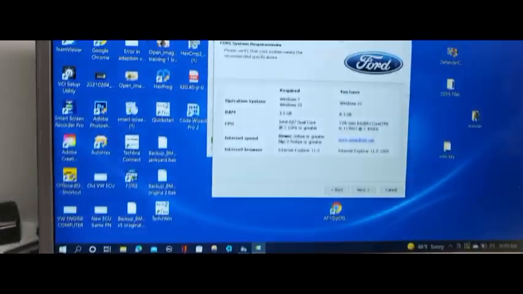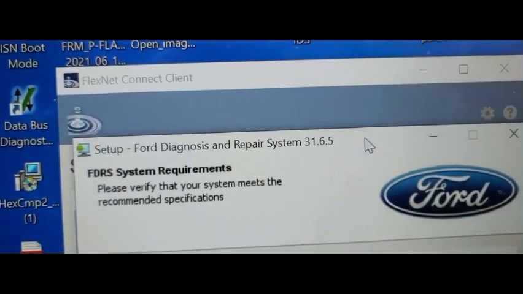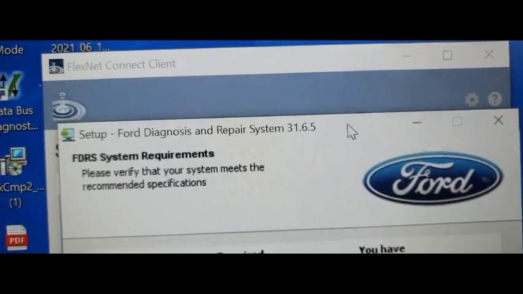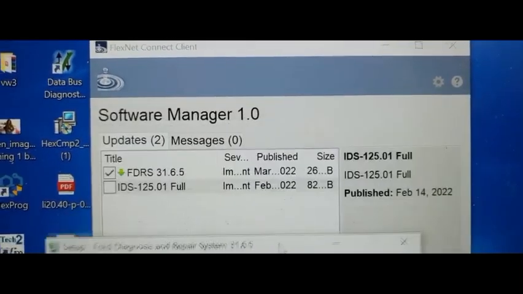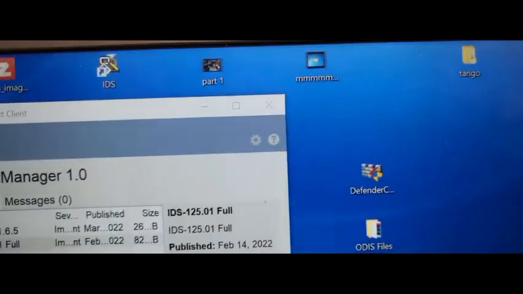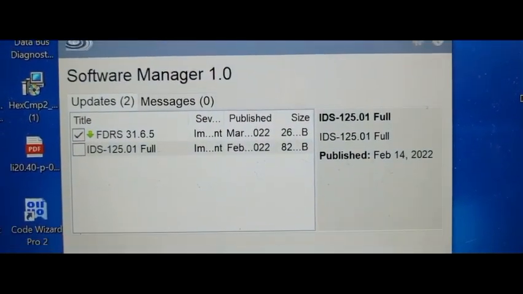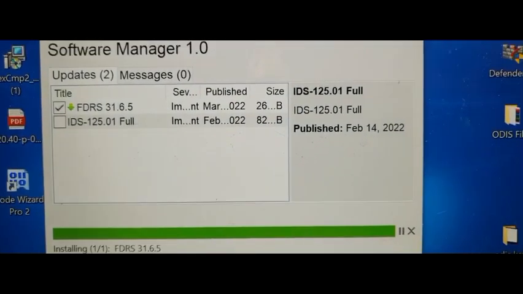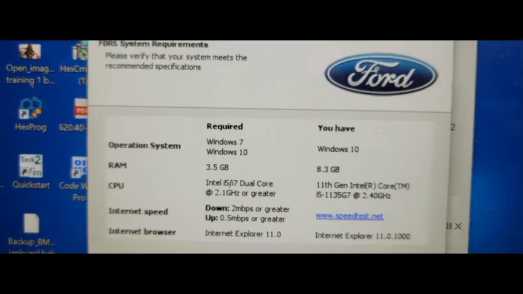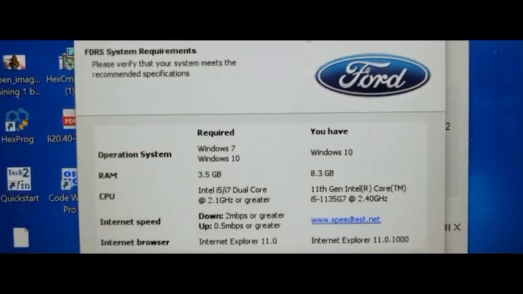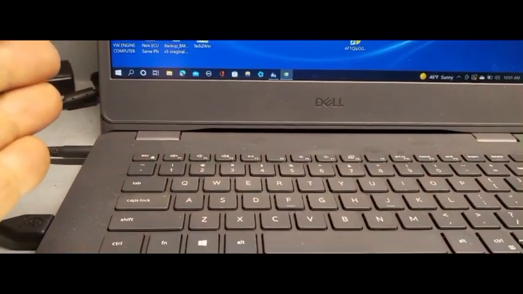I just want to give you quick information about the Ford IDS or FDRS requirement setup. At the top here, anytime you have the software manager, a pop-up will come up on your computer, and if there is any update or download, it will appear. But the requirement for what you need, you see here, if you need to use FDRS, which you can use